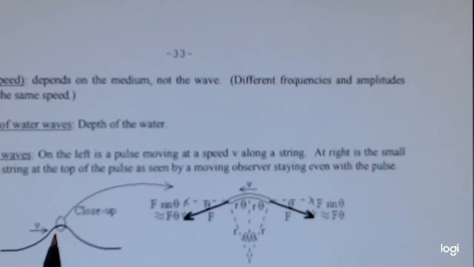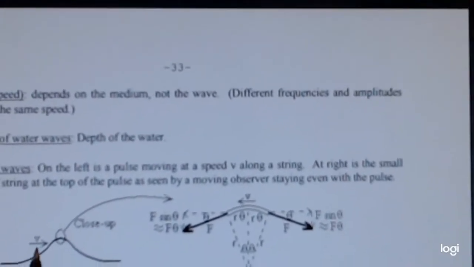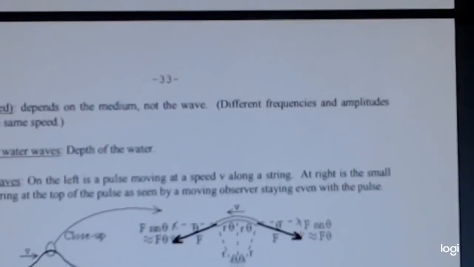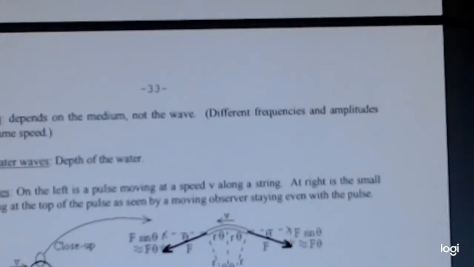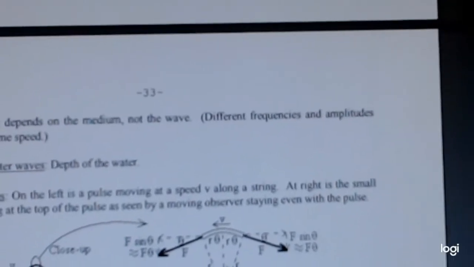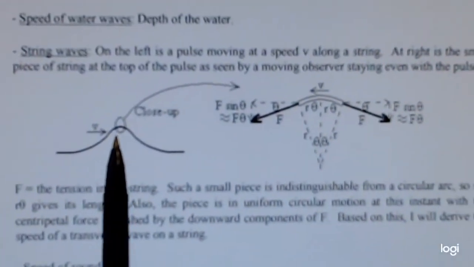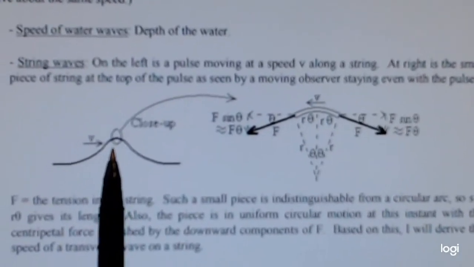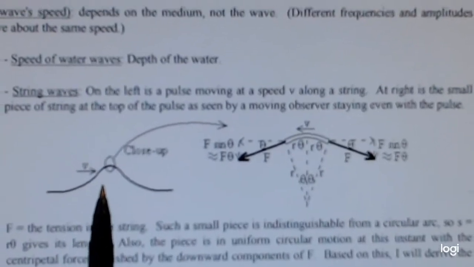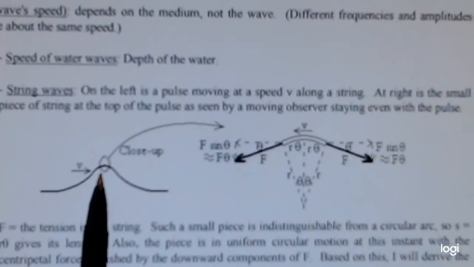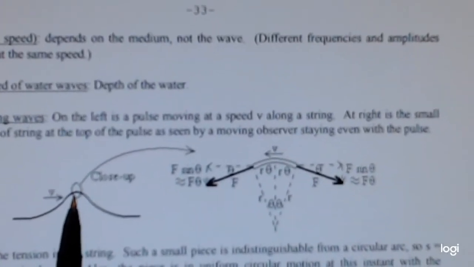So the idea is these drawings are made from the point of view of somebody who is running alongside of that pulse, and you're keeping it right next to you so that the wave is basically stationary relative to you, the observer. And if you want to consider a little piece of the string or hose or whatever you want to call it,